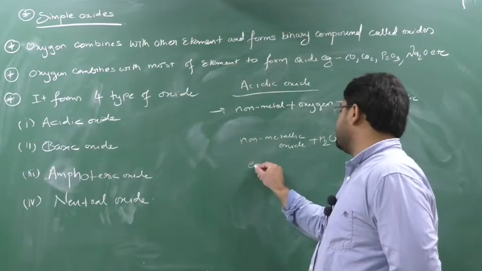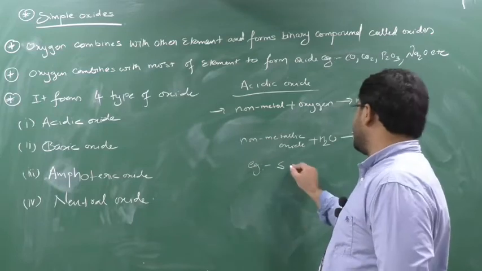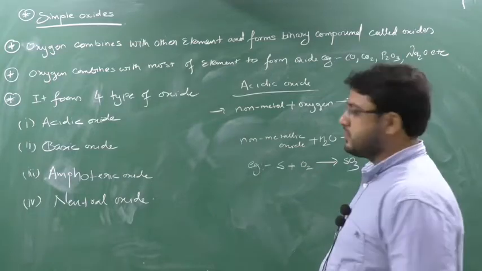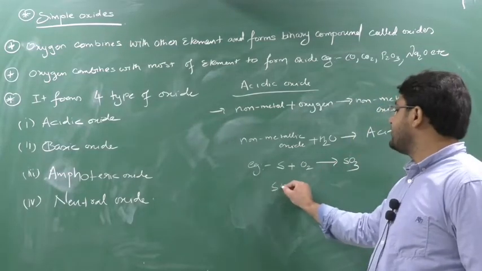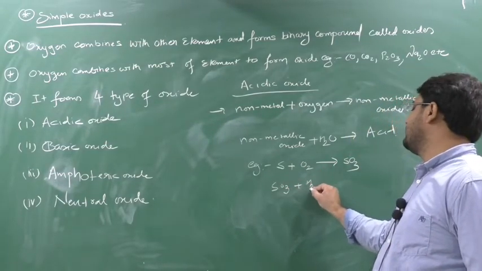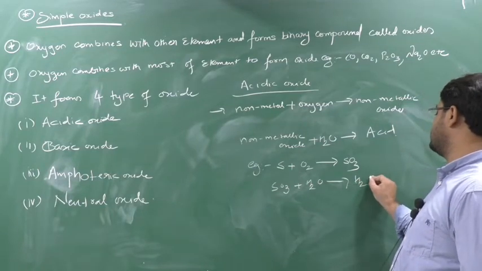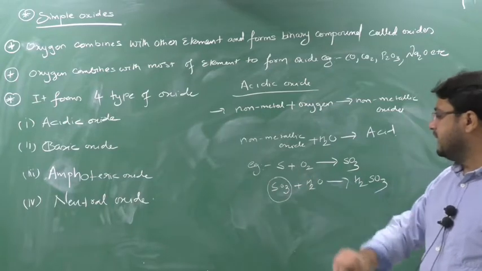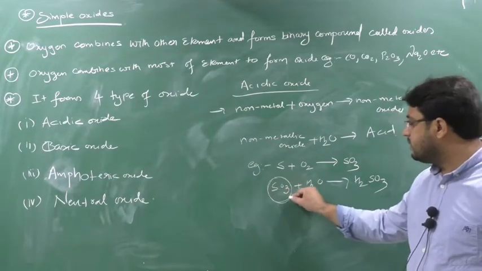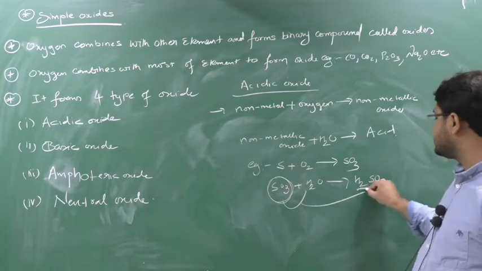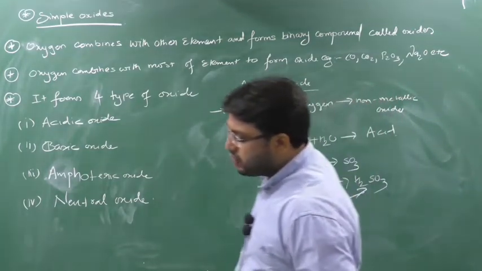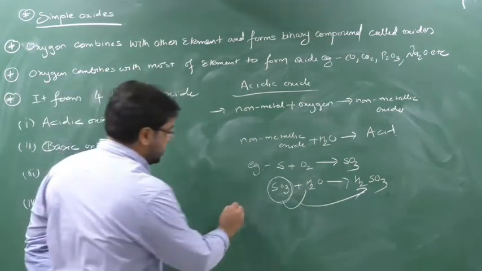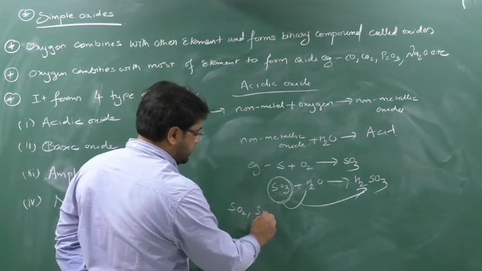We will see the first example. Suppose I have sulfur and I react it with oxygen, and it forms sulfur dioxide or sulfur trioxide. Suppose it's also an oxide. When this sulfur trioxide is dissolved in water, it forms an acid. So sulfur trioxide is a non-metallic oxide. This non-metallic oxide dissolves in water and generates acids. So due to this reason we say that non-metallic oxides are acidic in nature. We can see examples like sulfur dioxide, sulfur trioxide.